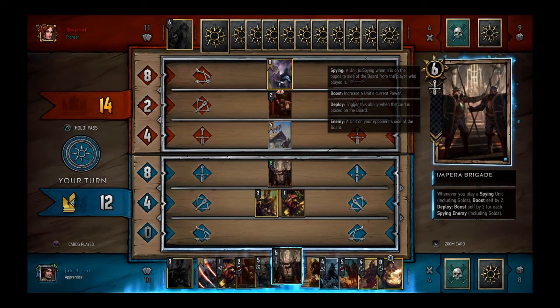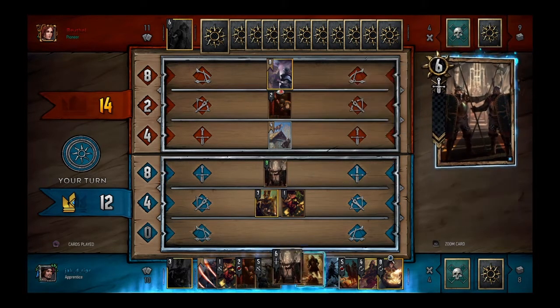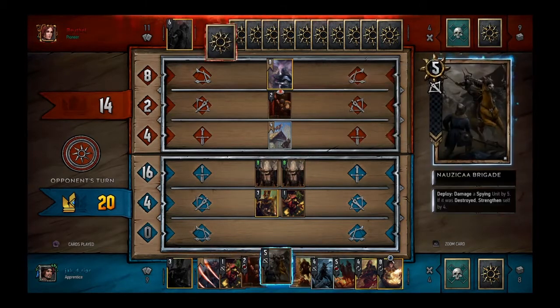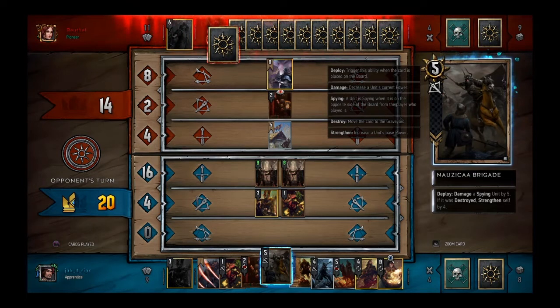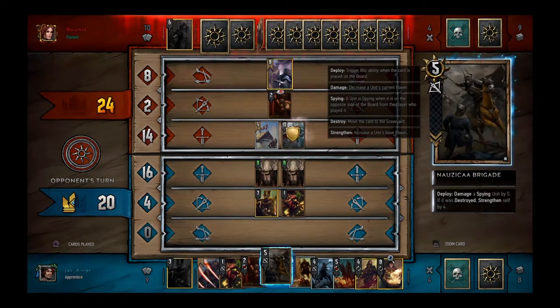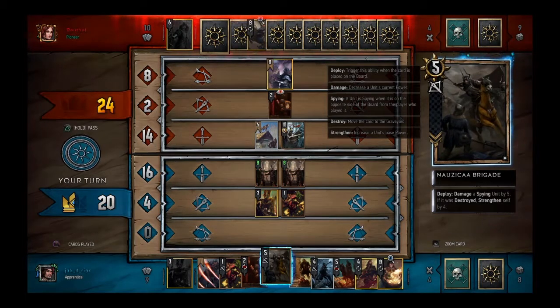No. I play the Imperial Brigade because I come to the realization that I have no way to stagger them right now. And I'm not even trying to win this round. If he wants to use Igni on both of them, that's fine. I have no intention of winning this round. I'm trying to bleed out cards, and I am trying to